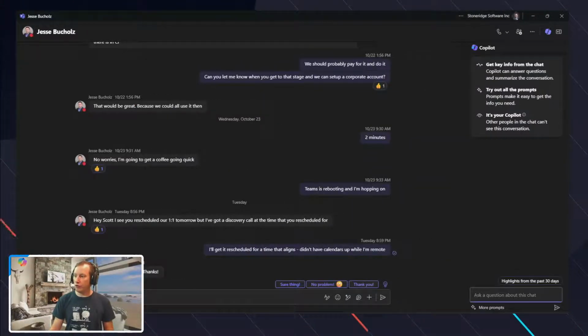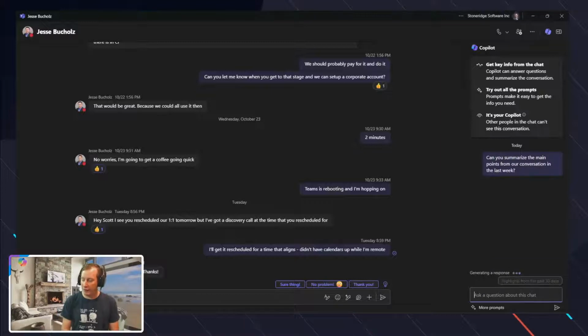Now, what I want to do from a Copilot perspective is use some of the Copilot details to, for example, summarize the conversation, right? So an example might be, can you summarize the main points from our conversation in the last week?